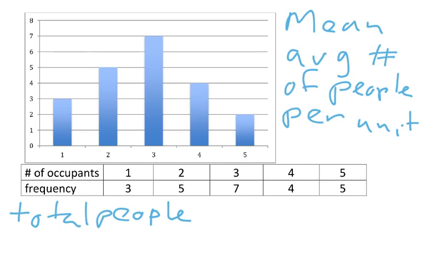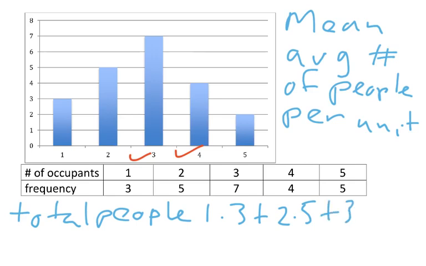Now, there are some apartments that only have one person living in them, but there are 3 such apartments. So if I'm adding up the total number of all the occupants, I would start by saying 1 times 3. Then there are 5 units that have 2 occupants in them, so 2 times 5, 2 people in 5 units,